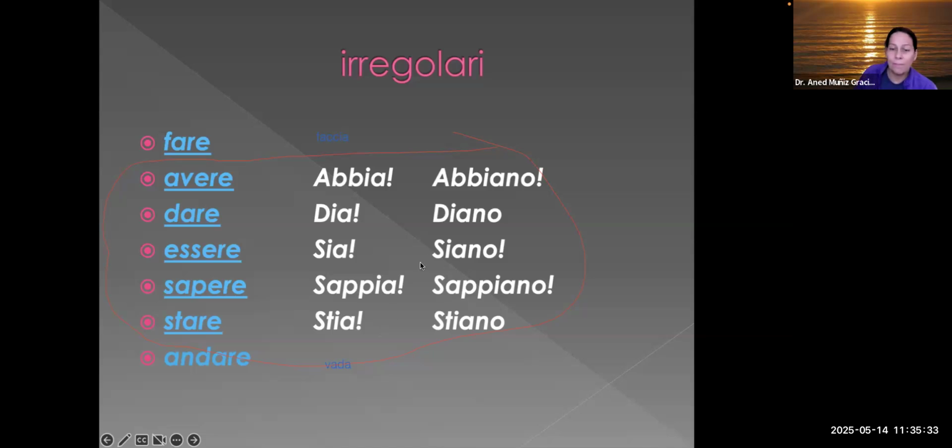So this is irregular because you cannot predict the pattern. And then this fare is considered irregular because although it keeps the fach root, right? So instead of